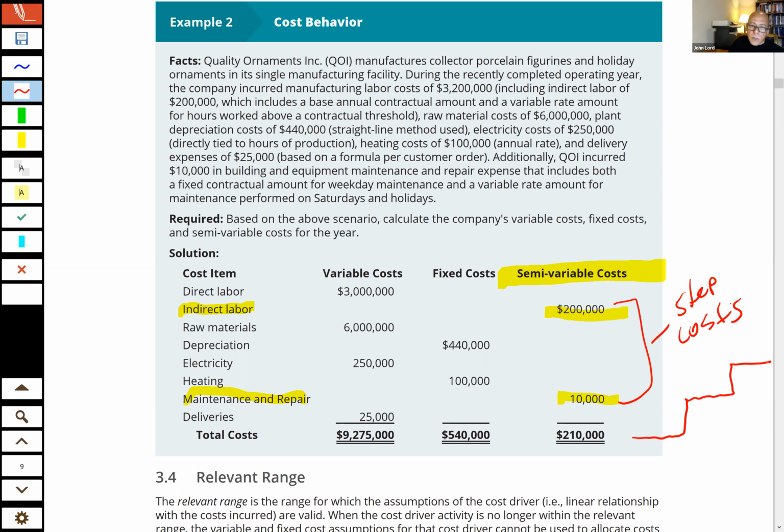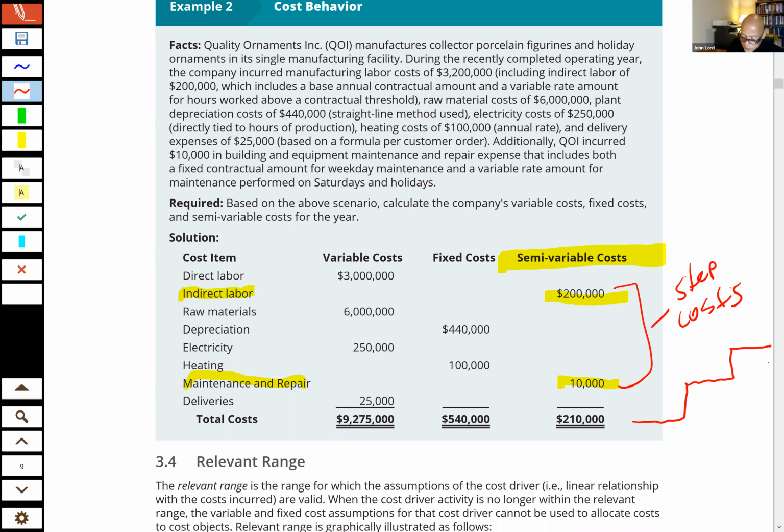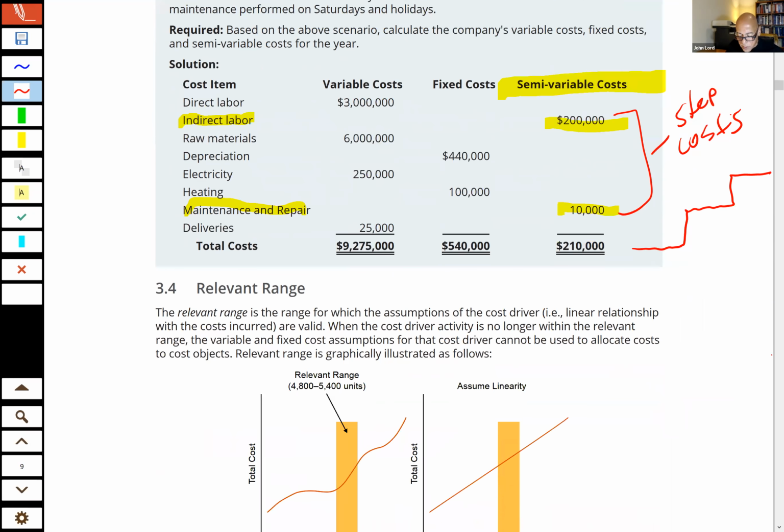See the steps, okay? For example, indirect labor. I have a supervisor when I only have 5 employees, but I need to add a second supervisor if I have to add employees because my production level has gone up to a level that makes me start adding more employees. I then get to another level where I have to add more employees. Then I'm going to step those indirect costs, the supervisor cost, up a little bit more. So I would call it more a step cost than a semi-variable.